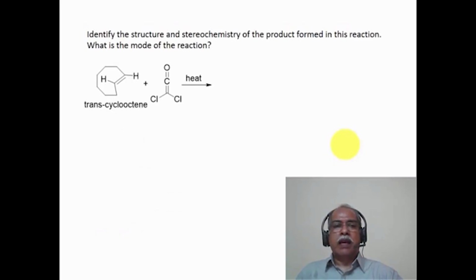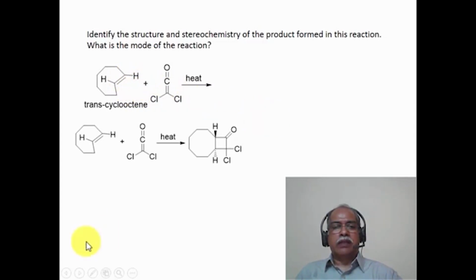The question is, identify the structure and stereochemistry of the product formed in this reaction. What is the mode of the reaction? This is trans-cyclooctene undergoing a cycloaddition reaction with a ketene, in this particular case dichloroketene, under thermal condition. Please recall the dichloroketene cycloaddition reaction with olefins. It undergoes a suprafacial antarafacial 2+2 pi cycloaddition reaction. Therefore the answer is that the reaction involves the